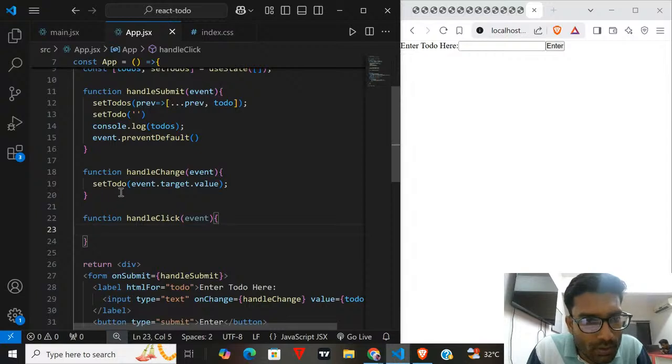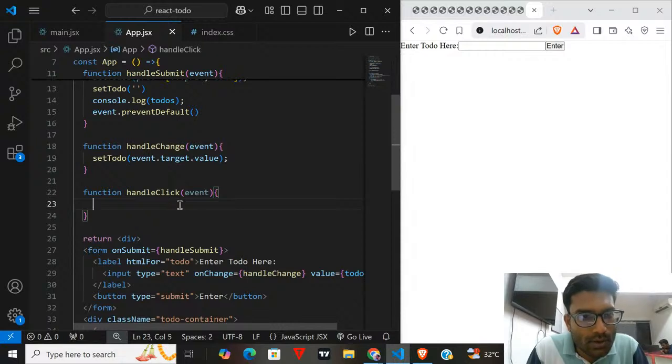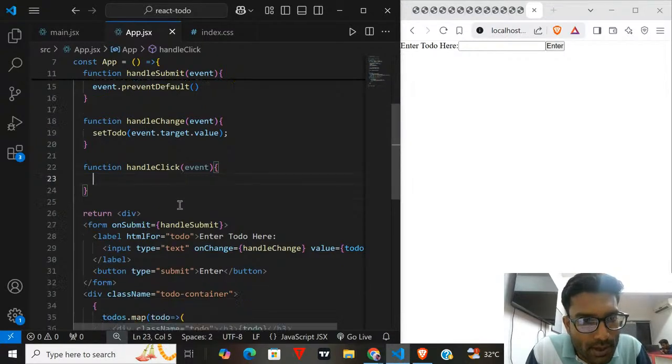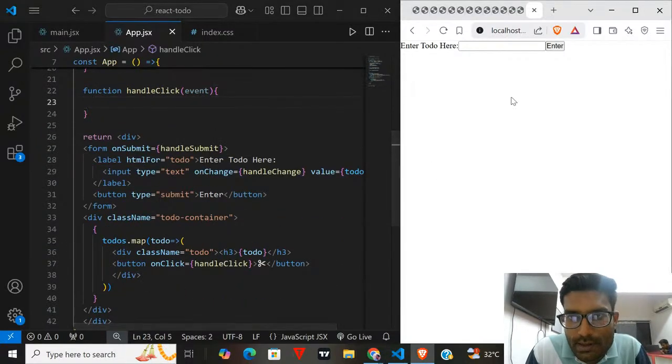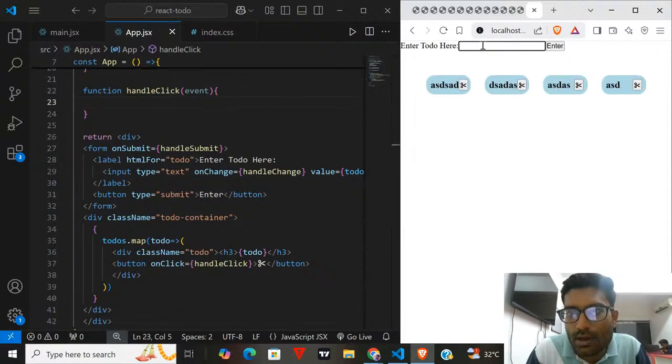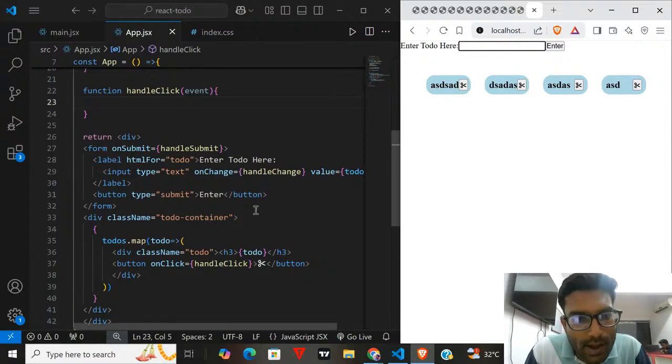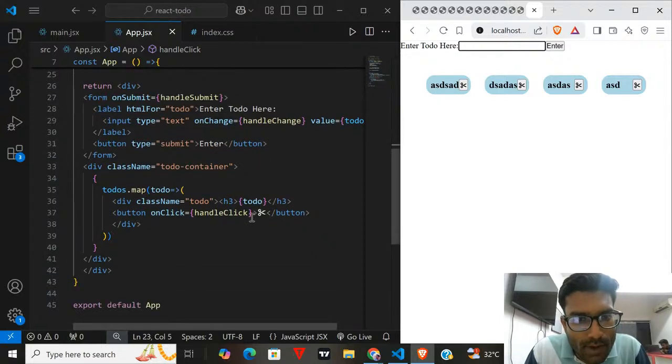And here what we need to do, we need to set todos, right? So we need to filter the todos. Let us enter something. We need to give one value attribute.